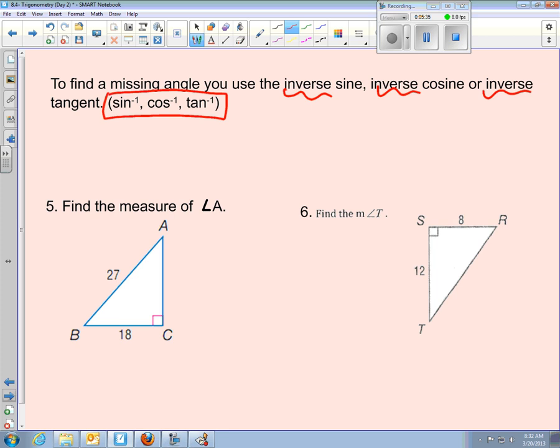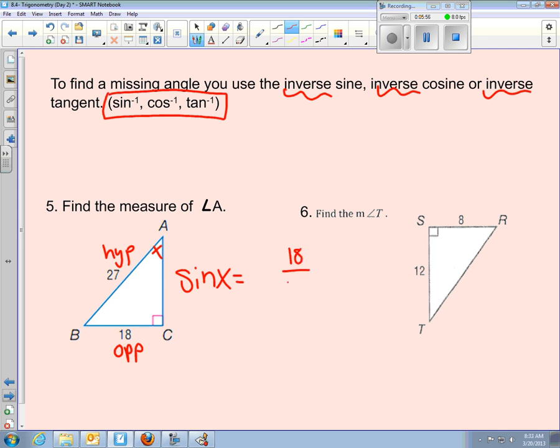All right, find the measure of angle A. So I'm going to throw an X in there because we don't have a variable. We are given our opposite and our hypotenuse. So opposite and hypotenuse, that tells us we're going to use sine. So the sine of x, because x is our angle, equals, now I'm going to leave a little space there,